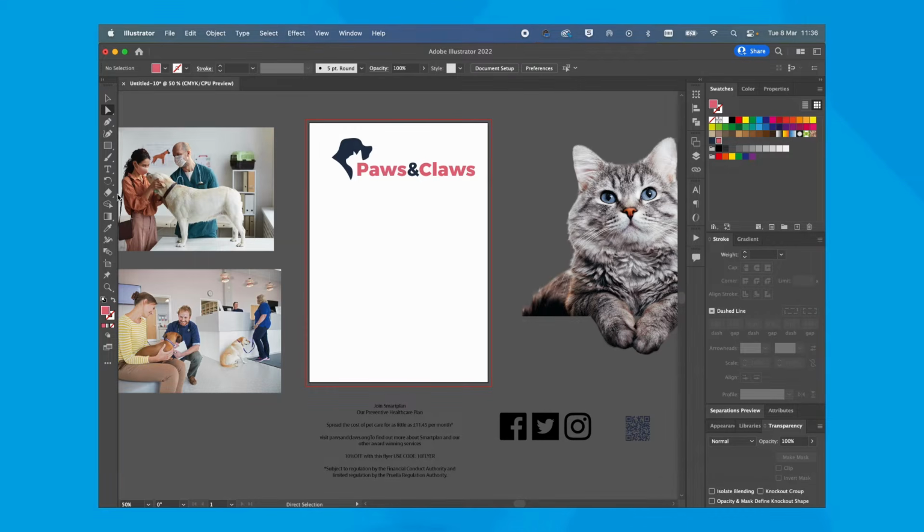And I think I'm going to add a third colour, and I'm going to pick out, because this cat image is going to be a dominant image in the flyer, a kind of grey blue from its eyes that go so well with the colours in the logo. Just going to zoom in a bit.